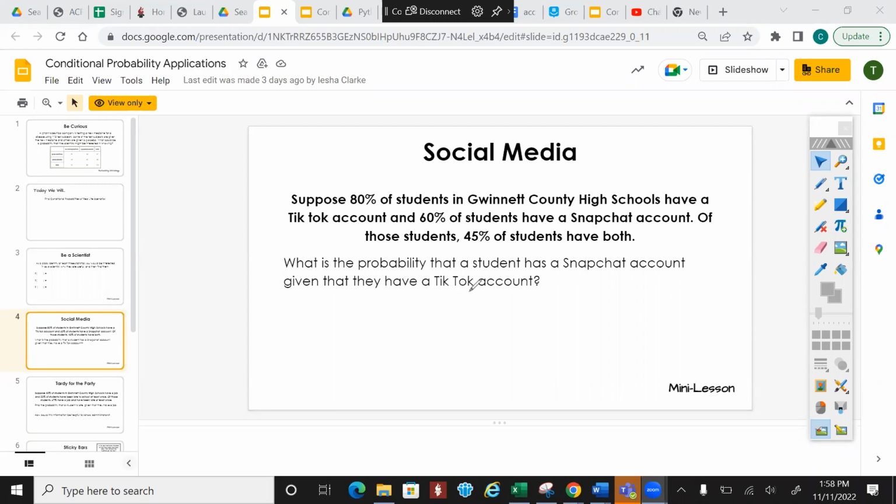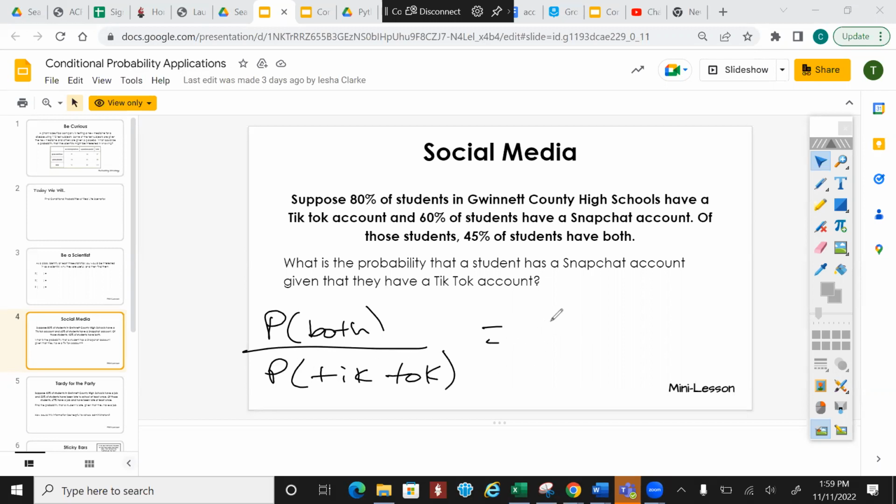What is the probability that a student has a Snapchat account given that they have a TikTok account? So what you're going to do is say probability of both over the probability that they have a TikTok account. So that's going to be 0.45 divided by 0.80, which is